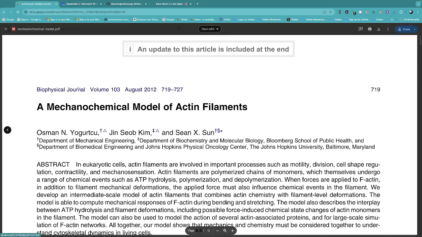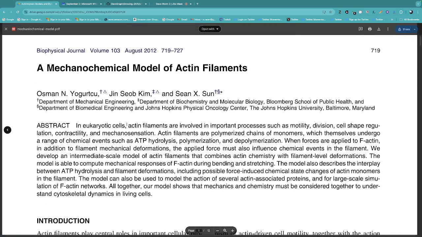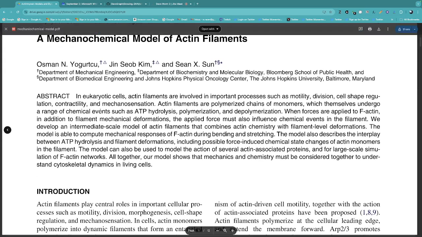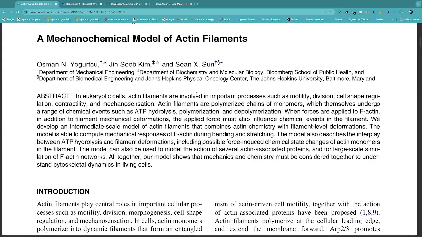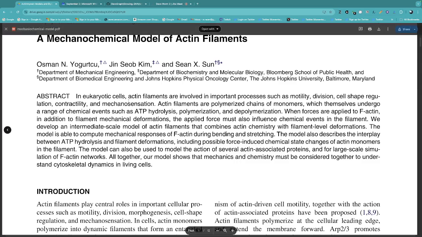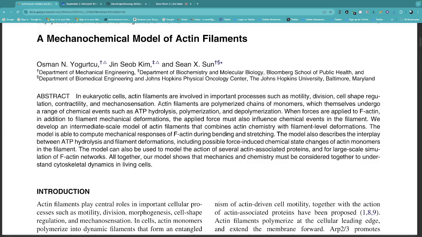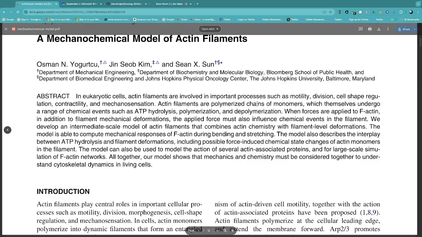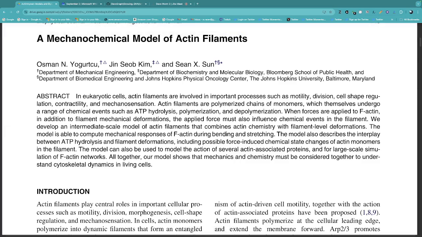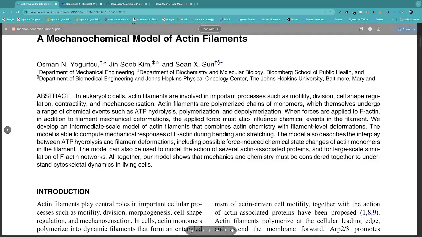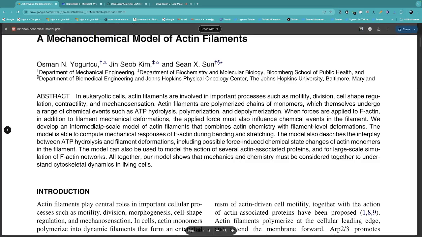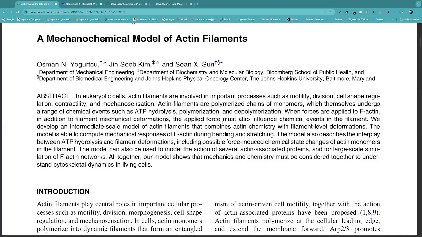So this is from Biophysical Journal in 2012. The abstract reads, in eukaryotic cells, actin filaments are involved in important processes such as motility, division, cell shape regulation, contractility, and mechanosensation. Actin filaments are polymerized chains of monomers, which themselves undergo a range of chemical events such as ATP hydrolysis, polymerization, and depolymerization. When forces are applied to F-actin, in addition to filament mechanical deformations, the applied force must also influence chemical events